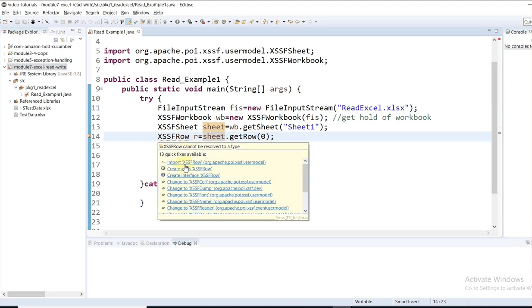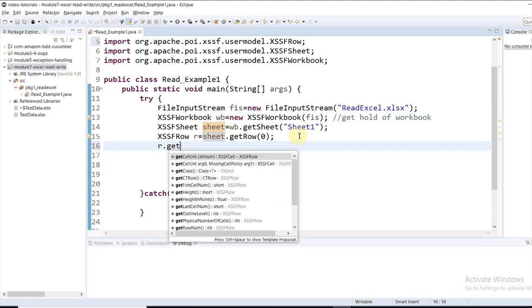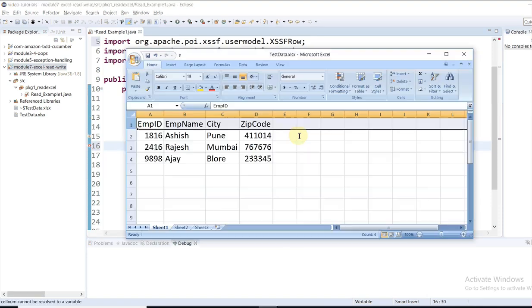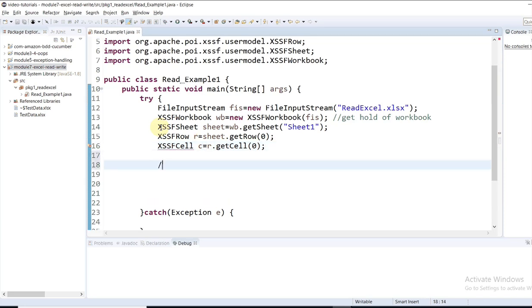Okay, then I got the row, and then on this row again I want to get the cell. So again the cell also starts with 0. Okay, so you'll say 0 here, XSSFCell c, like this,